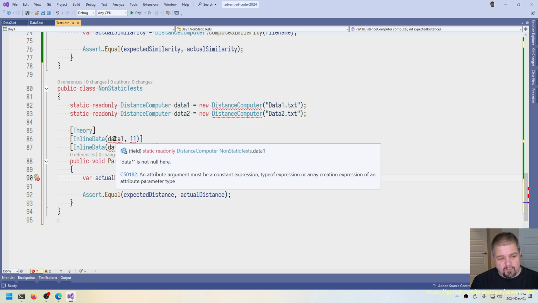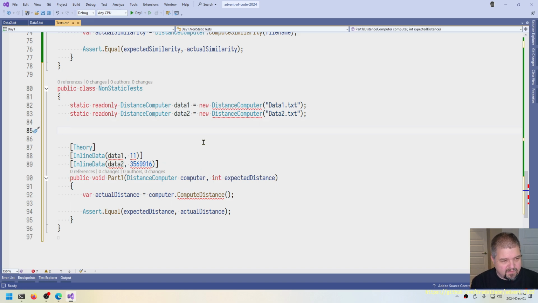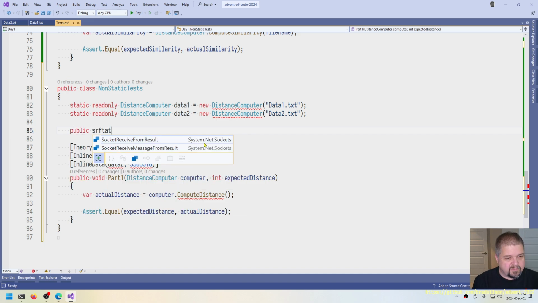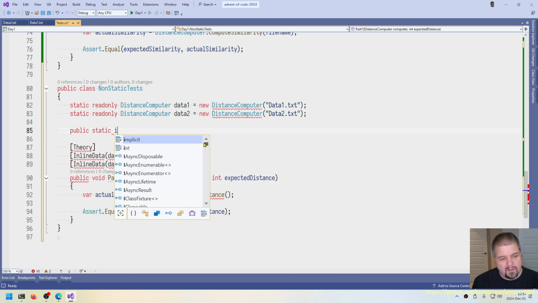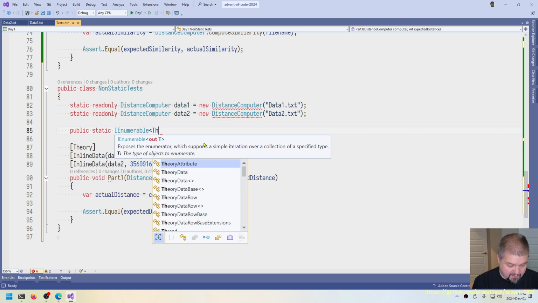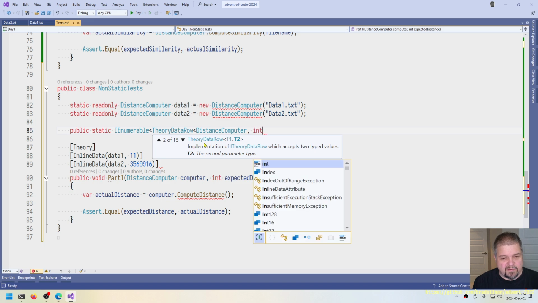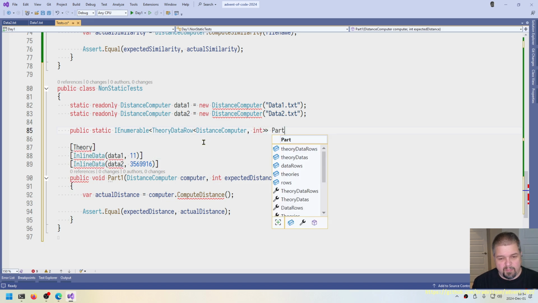So we've got some complaints here. Data one: an attribute argument must be a constant expression, typeof expression, or array creation expression of an attribute. So it's basically saying this isn't a constant. You can't use it like this. So what can we do? Well, we can say public static IEnumerable of TheoryDataRow of DistanceComputer and int. That'd be part one data,